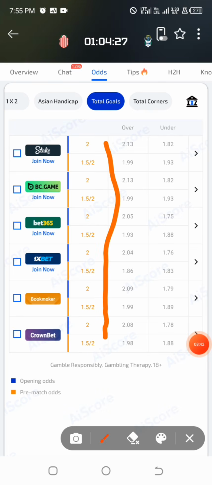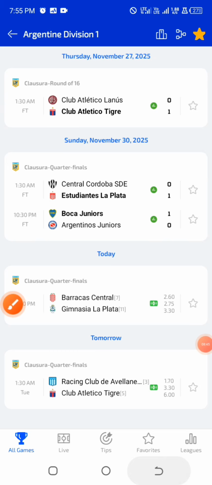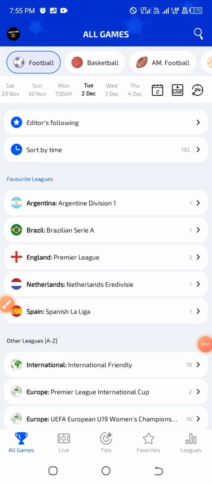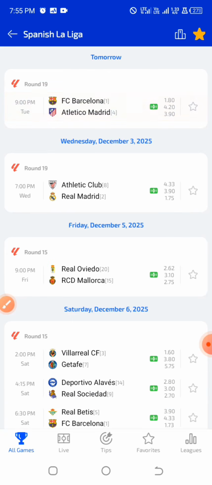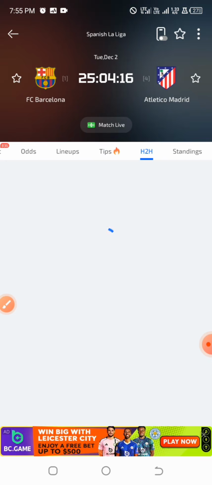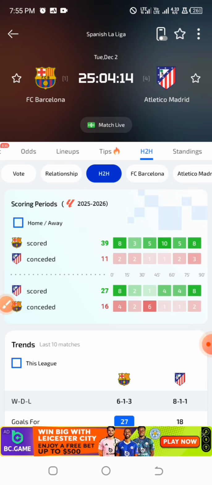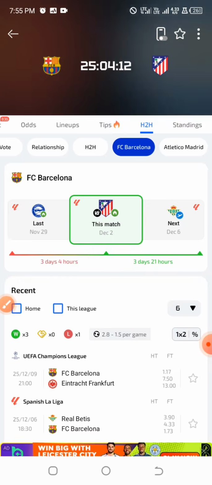You can see this happens to be 1.5, and that is the value bet the bookmakers are currently suggesting. So if I were you, I'd just go for over 0.5 goals. If I want to predict over 1.5 goals on Argentina leagues alone, I'll go for over 0.5 goals. But